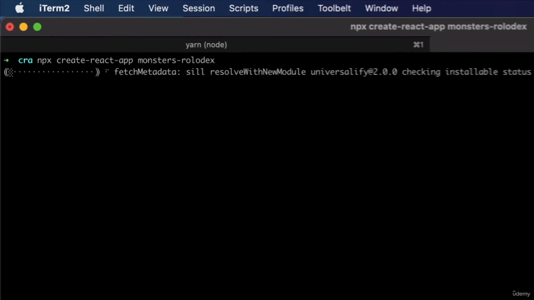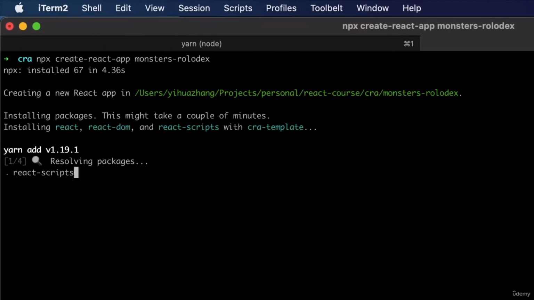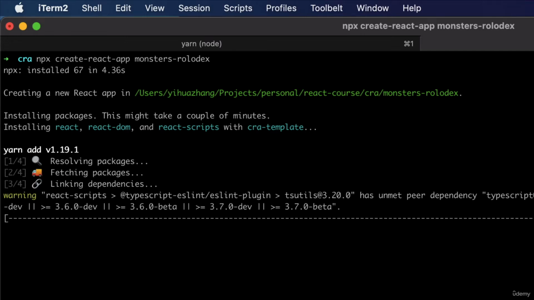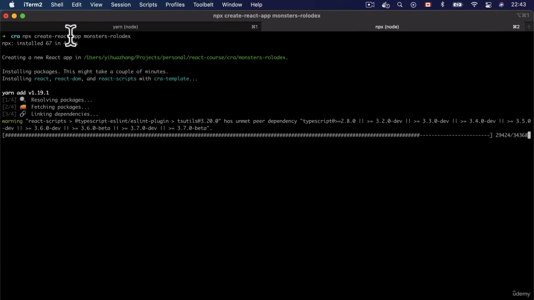Now what's happening is that you will see that npx is actually downloading the package and the latest version of Create React App in order to actually help us scaffold out this Monsters Rolodex project. Scaffold being actually generating, again, the files and folders required for our application to actually work. So this is really handy. But in this process, you might be wondering, what is npx? What is Create React App? And let's take a little deep dive into all of these things while we're waiting for our project to be